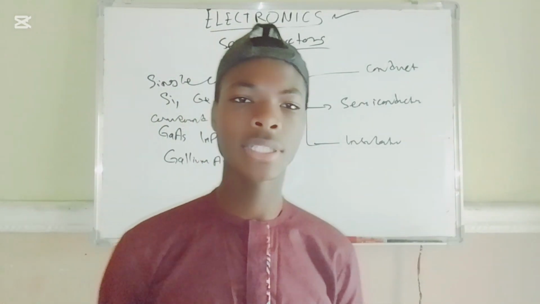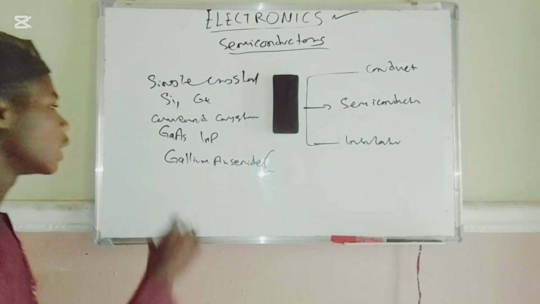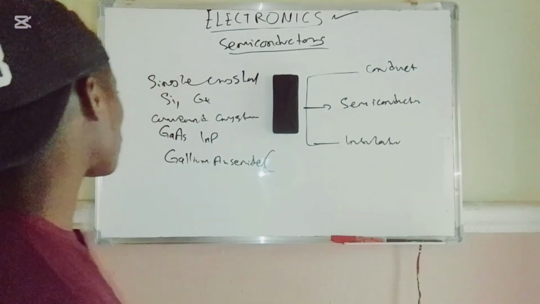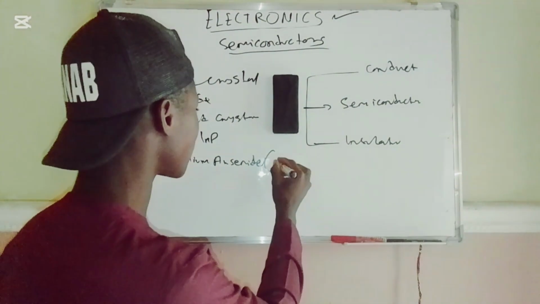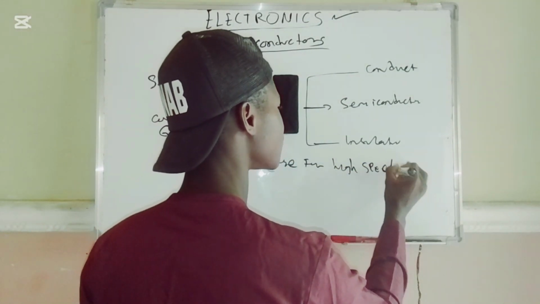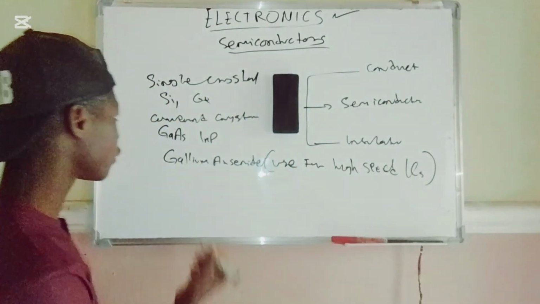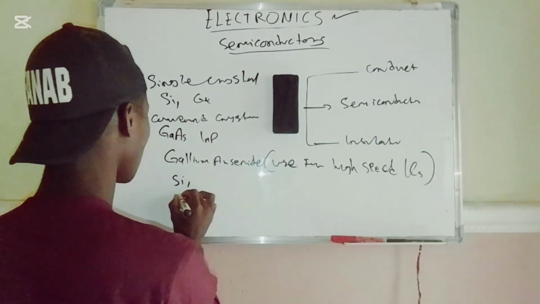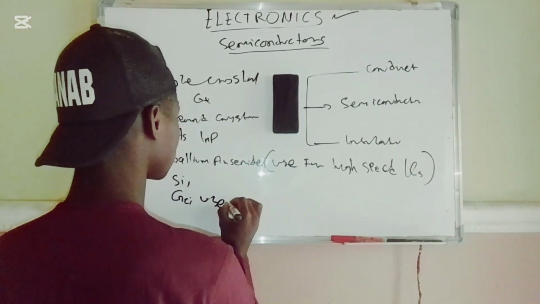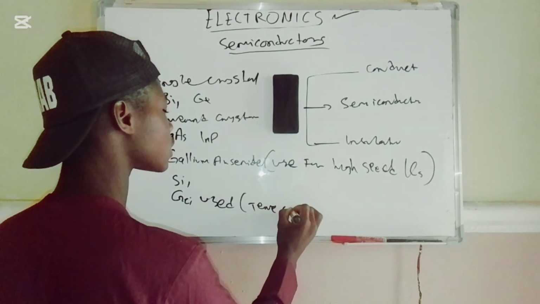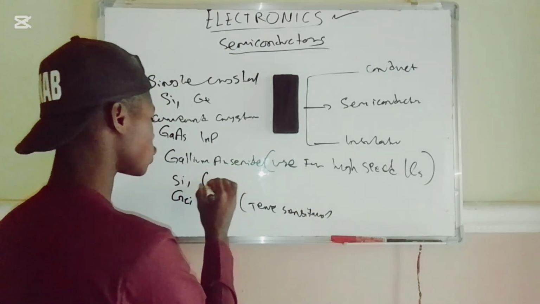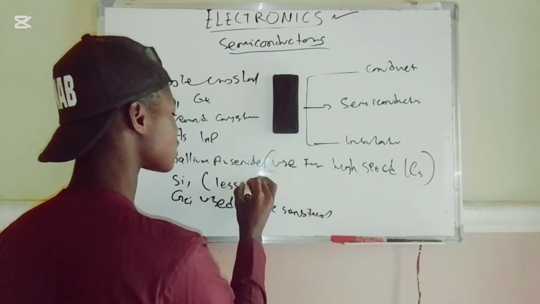is used for high-speed integrated circuits. The gallium arsenide is used for high-speed integrated circuits. So what of silicon and germanium? Germanium is temperature sensitive, and the silicon is less